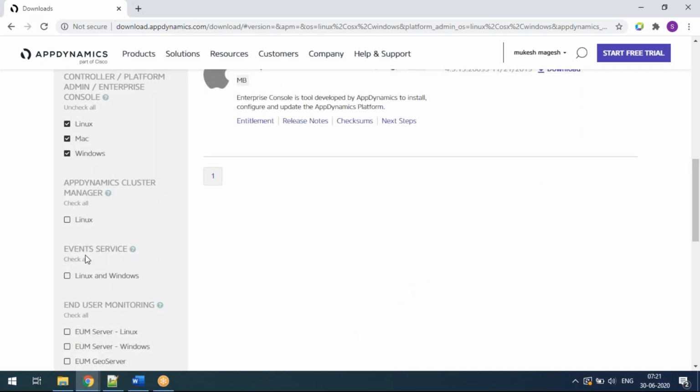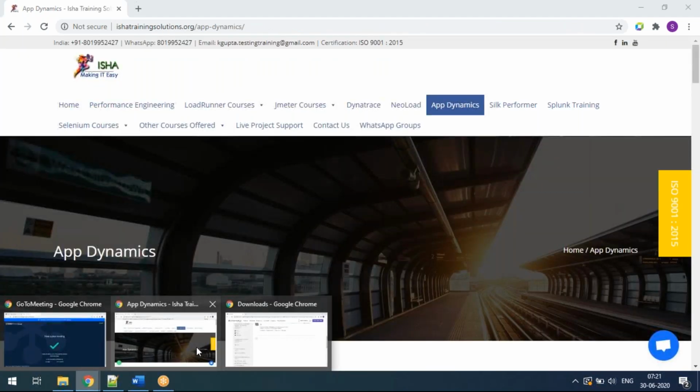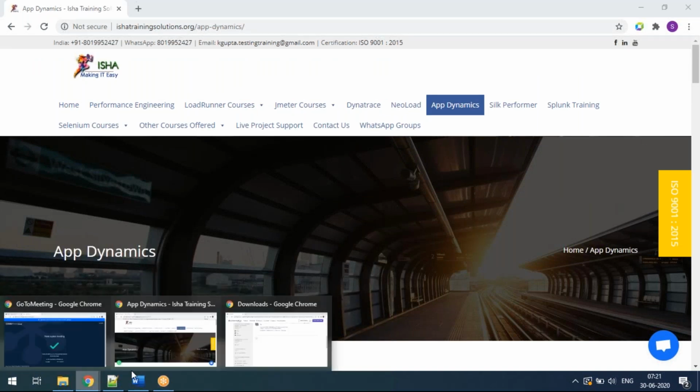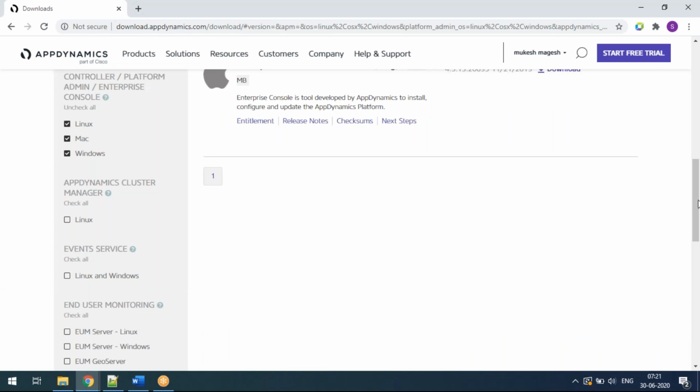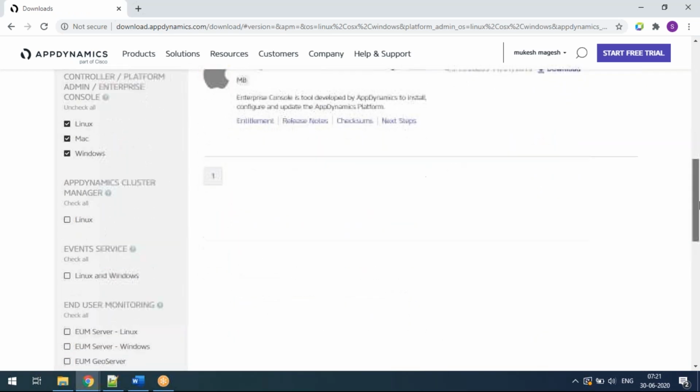See, integration, that is what I'm saying. This event services is a standalone component as well. You can download and install it. There is no harm in that. But I'm saying, I have installed event services on other servers, so how can it be configured to the controller? Is there any information on how to do the configuration in cluster mode?